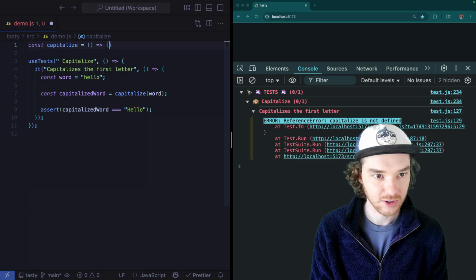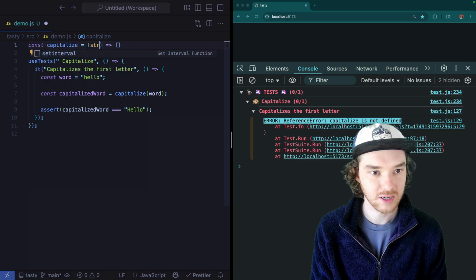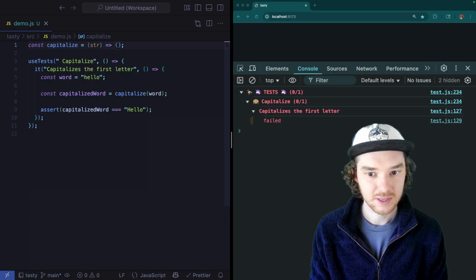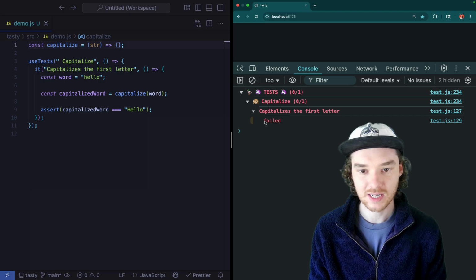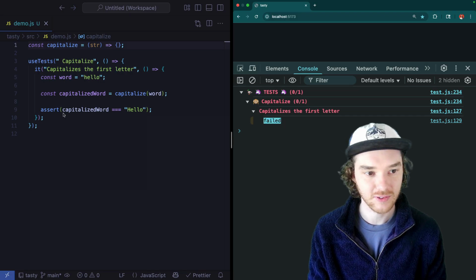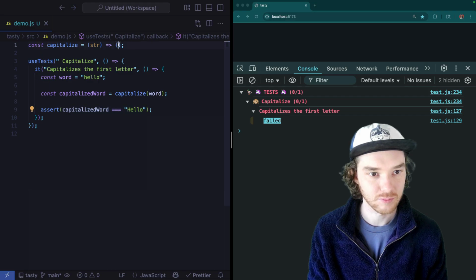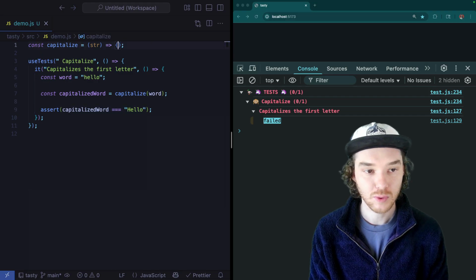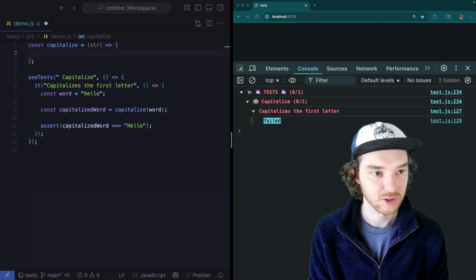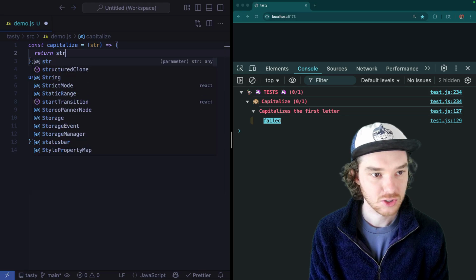So we'll actually write the function, and this is going to take a string, and then I'm going to save this. So now we're not getting the reference error anymore. We're just getting this fail. So capitalized word is not equal to Hello because we're not returning anything. So now what we'll do is we'll actually create the capitalize functionality. So we can return string